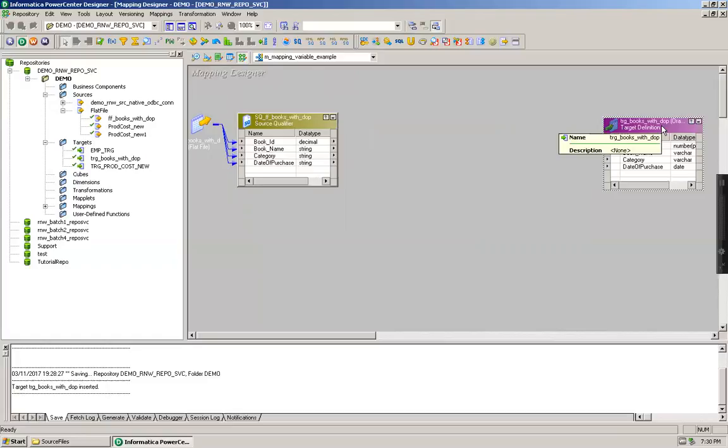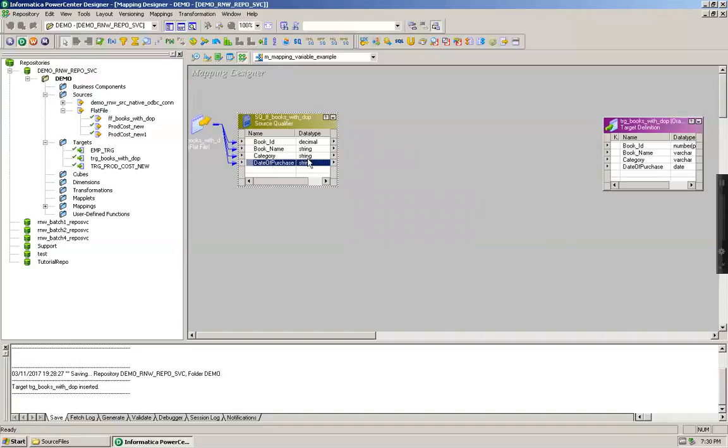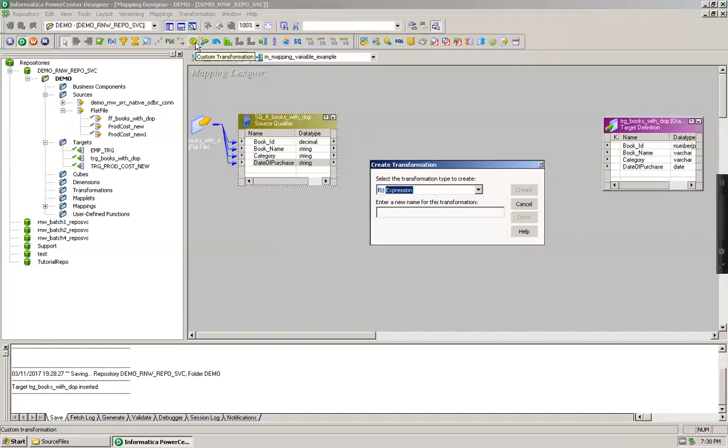Now I have to complete the mapping. For that, I'm going to create an expression transformation first. If you have noticed, the source data has date of purchase as a string, and I have to get a date format for this. For that reason, I'm going to create an expression transformation.